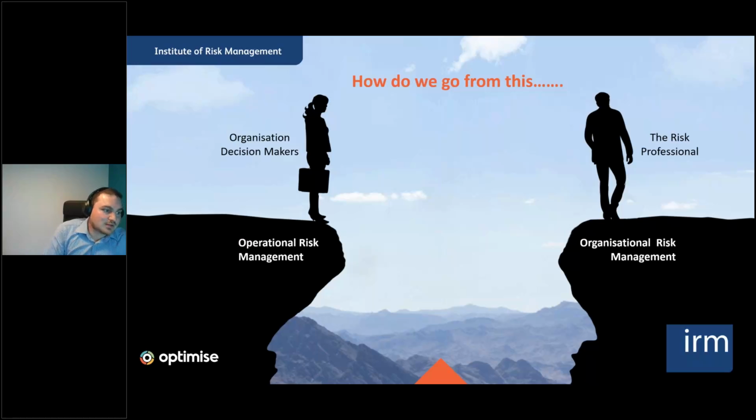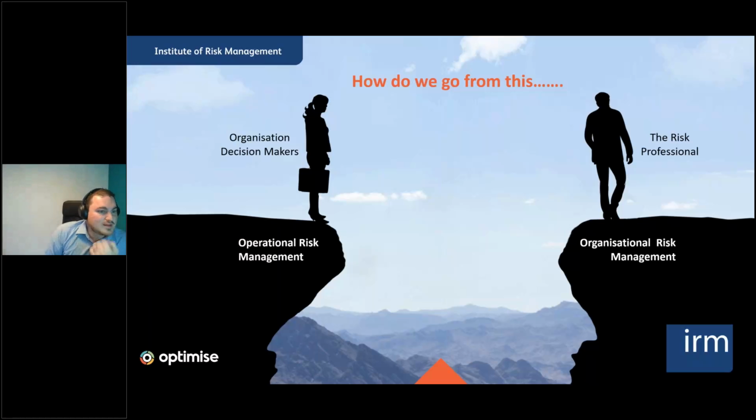my partner's experience in Optimize, we have organizational decision makers that are in the camp of, we use risk management down in the bottom of the business, QSRAs run down in the bottom of the business, in operational space, in project space, and then we do some enterprise stuff at the top, but it's all quite woolly. We understand it, and there's some value at the top for doing that, but we don't fundamentally connect the two together particularly well. And then we have the risk professionals that are trying to move to organizational risk management. They're trying to do this full enterprise rollout, but for whatever reason, we're struggling to sell that to the operational and the organizational decision makers.